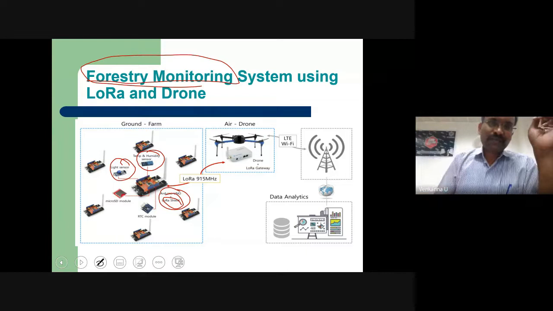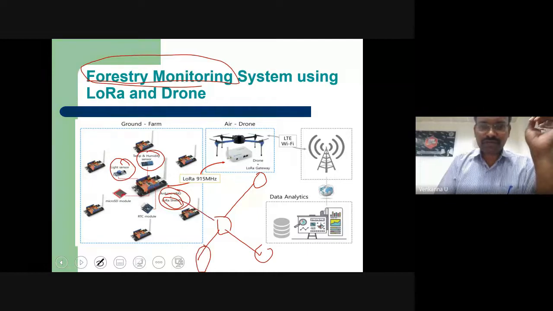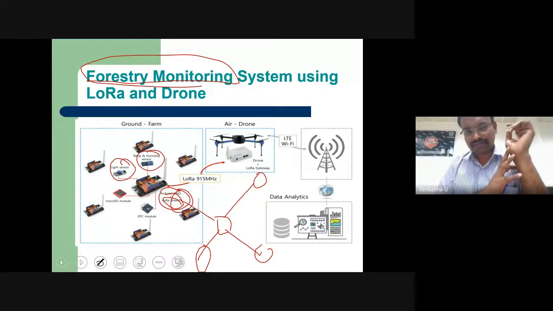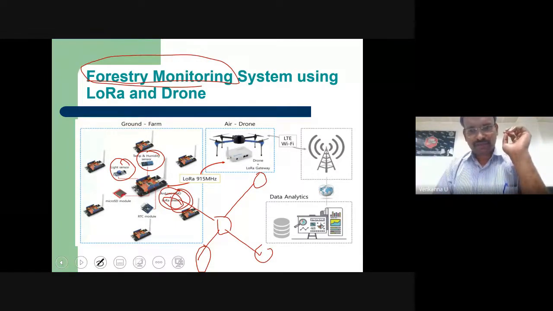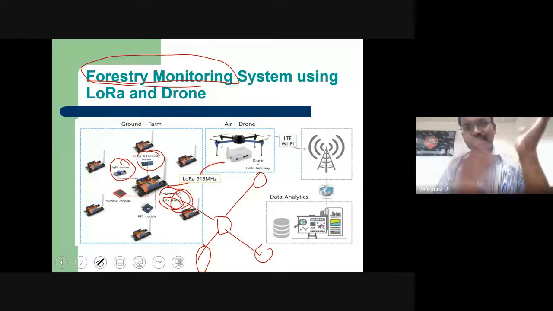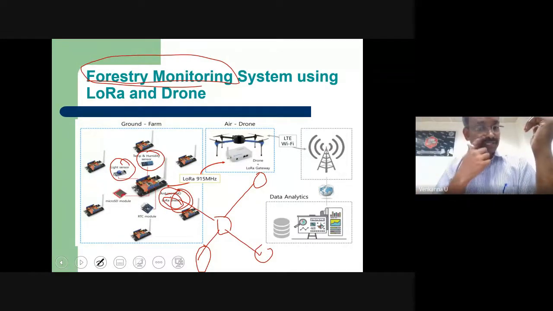Okay, what is the advantage? If I deploy a node here, I can deploy another IoT node after 1 kilometer from the left side, 1 kilometer from the right side, 1 kilometer from the back left, or 1 kilometer from the back right, and so on, so that your communication is going to be possible. Okay, now what is the advantage? Suppose for a 500 acre radius, I may need 100, or maybe 500 sensor nodes, 500 IoT nodes.